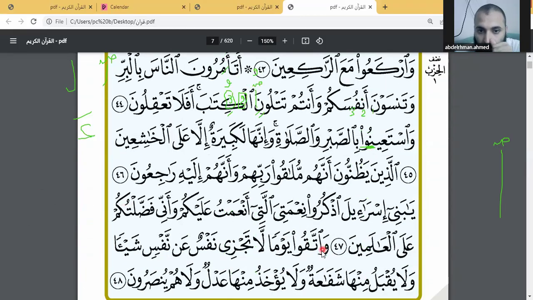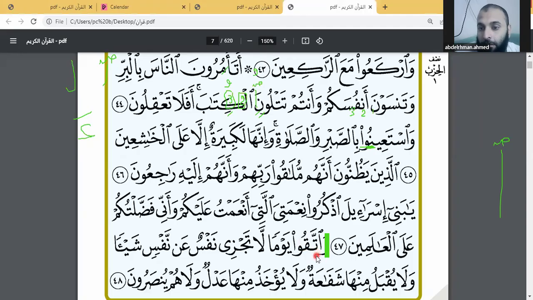How do you start reading from here? If I told you, imagine this is the beginning of the sentence, and you will have to start from here. How do you start from here? We follow the rule of the third letter. So where is the third letter? Someone will say qaf, dhamma. So we will say uttaku. Is this correct? No, that's not correct. Why? This is confusing, I know.